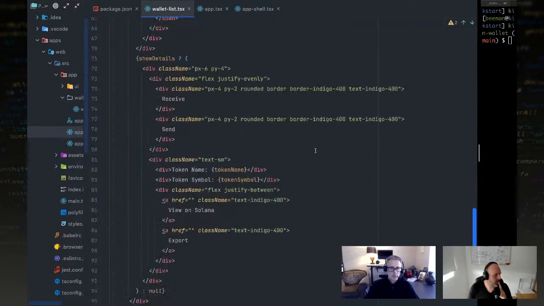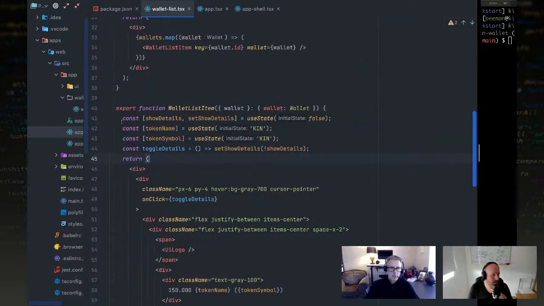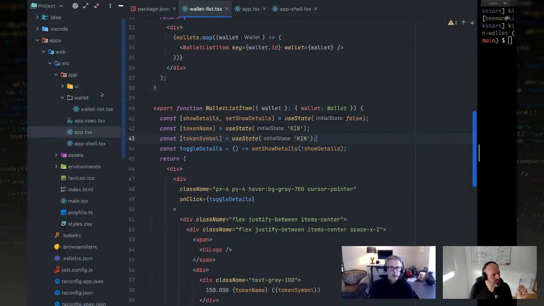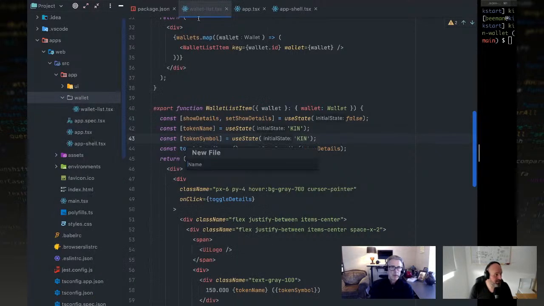And I'm just going to check if I have anything fancy in here. So if I look at this, I think even these ones can be passed in as a prop, right? Token name and symbol. So more than likely, you'd... right. So what we could do here, well, first off, let's just do this if you want. You're already in, you have your wallet list.tsx, right? Yeah. So you could create a wallet.hook.ts. Not even TSX, just